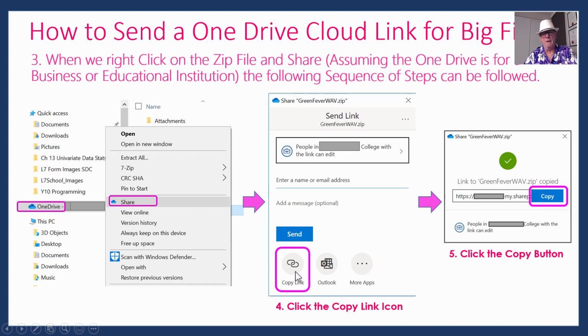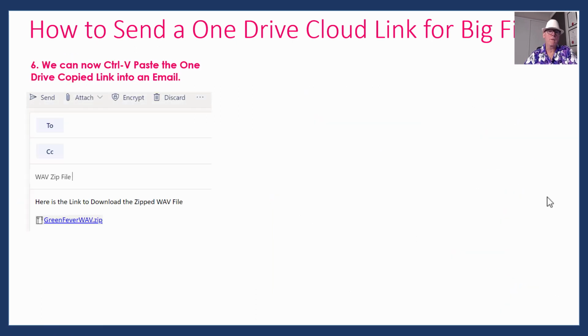And then up here, people in your organization will be able to link to it. So I want to copy the link for this file. You click on that and then you get a link produced by OneDrive and then you can copy that link. So you click on here to copy the link. All right, now that we've got the link copied, you can just Control V, paste that OneDrive link into an